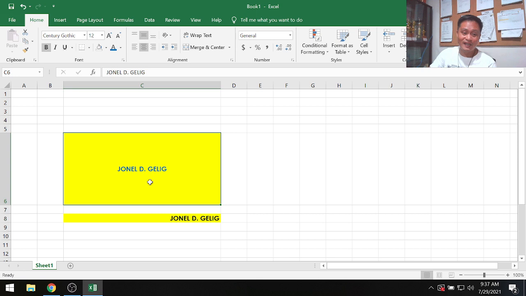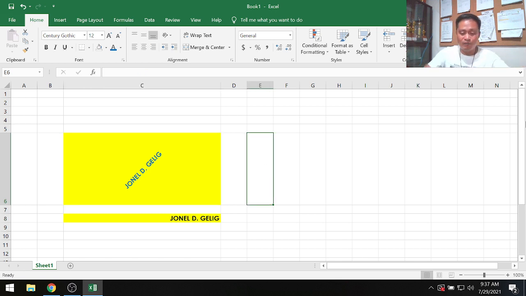And if I want to rotate this icon, this word, I just make use of the orientation icon and click. Okay, so I think that's it. And what if we try to merge more than 3 cells, for example. Like here, I'm going to type, say for example,